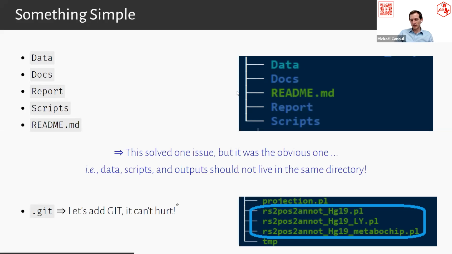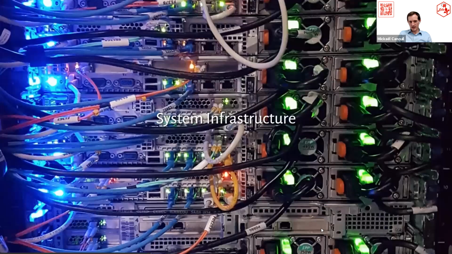But in the end, it was a lifesaver, the possibility to go back to a previous version without having to keep three versions of the same script like this here.